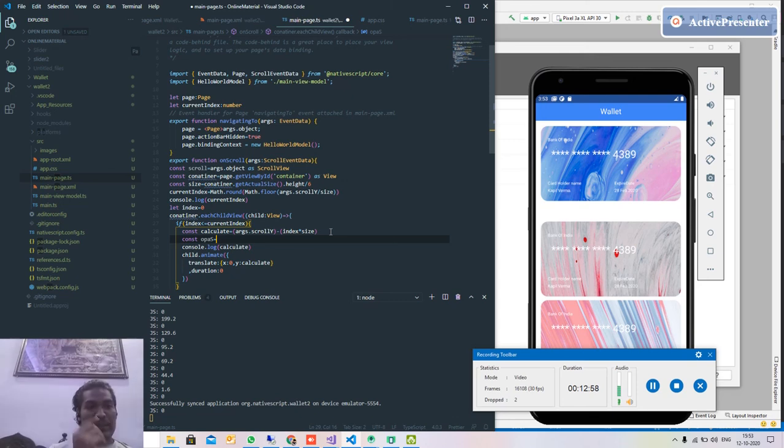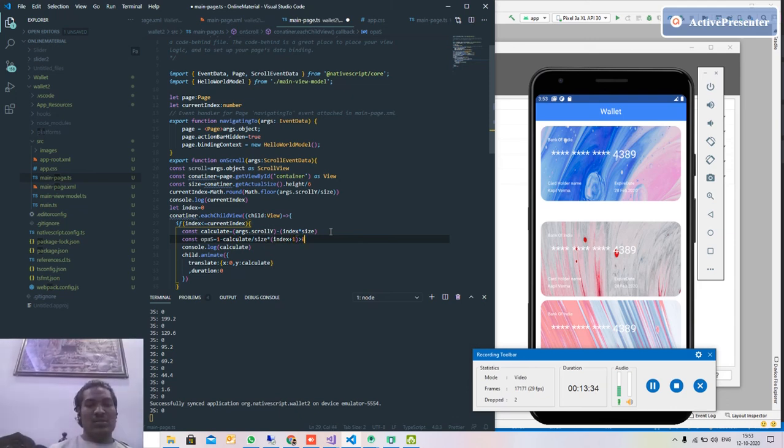So it should be the calculate, whatever we are calculating, divide by the size of the element, size will be the same, multiply by index plus 1, because if we divide anything with 0 it's infinity, right? So 1 minus, because at most it can be 1, opacity can be 1 or scale also can be 1.